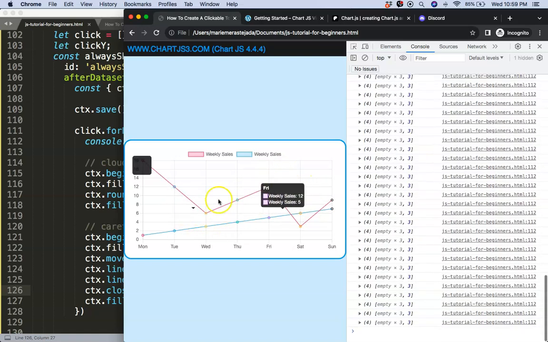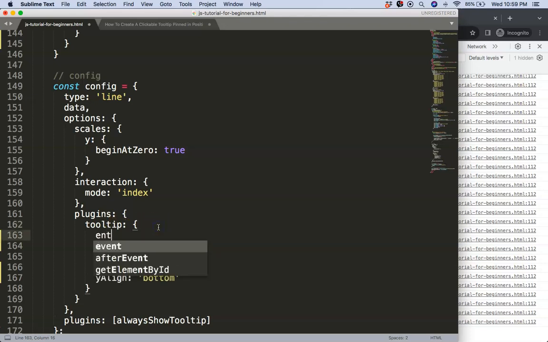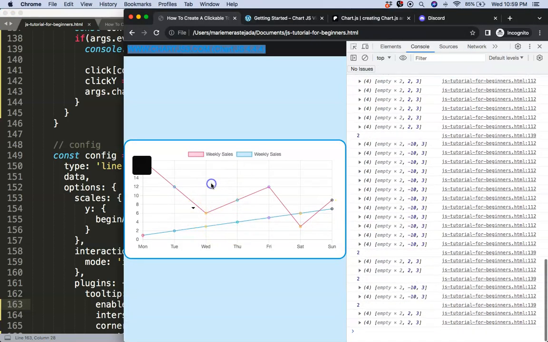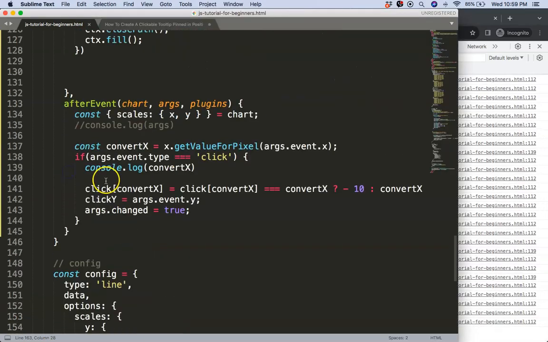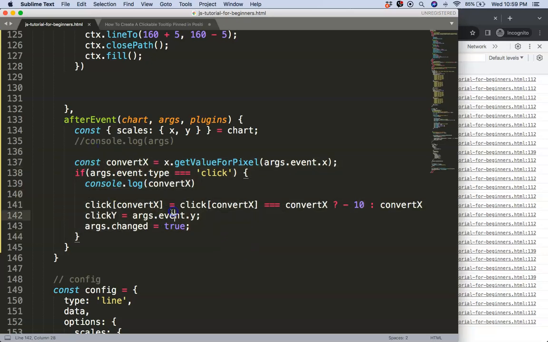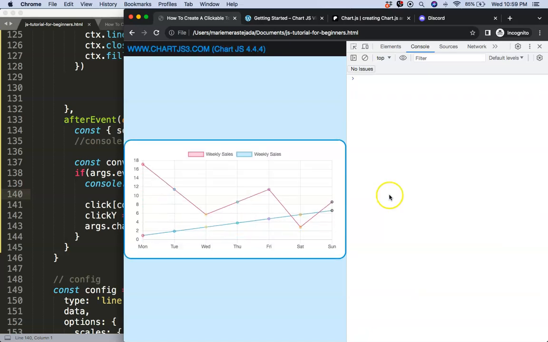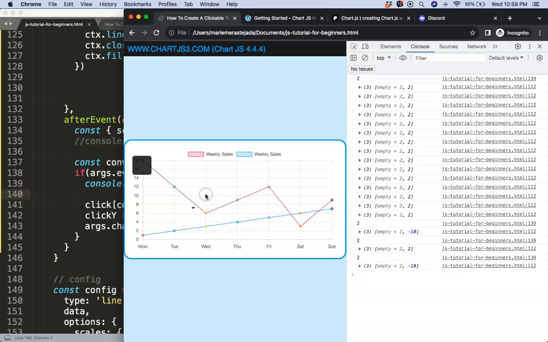Oh, and there we are. Let me just hide my caret here. Tooltip enabled. Oh, I saw my tooltip. I'm just going to hide this. Enabled, false, save, comma, save, refresh, click. There we are. Click again. I am surprised. It should be responding, but it is apparently not responding, so I'm going to fix that one as well. So convert x, y, are we not seeing the value? Click. So this is 2, 2, 2. So every time there's a 2,